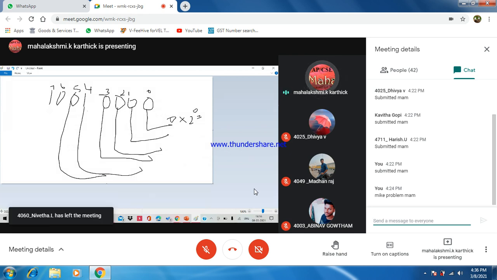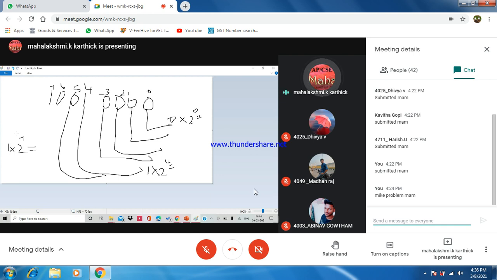So what will be the value for this? 1 into 2 to the power 4 equals what value? Then all these are 0. The last value is 1 into 2 to the power 7. So what is the output? Can anyone tell? What is 2 to the power 7?